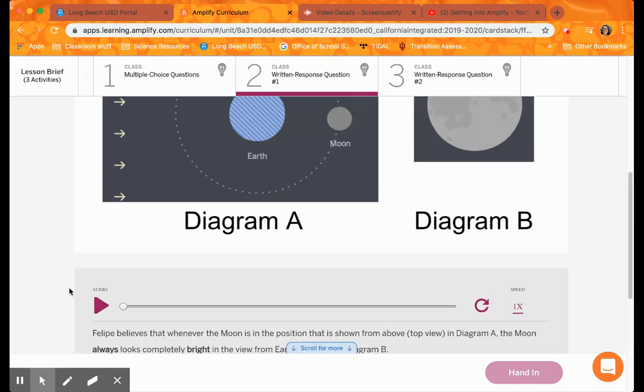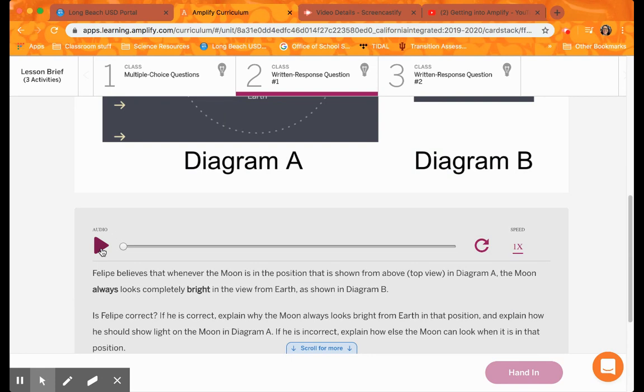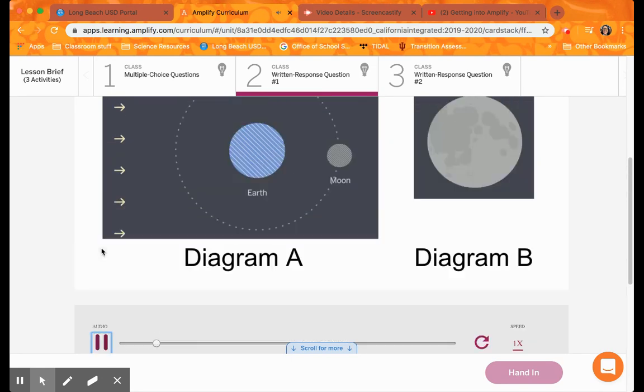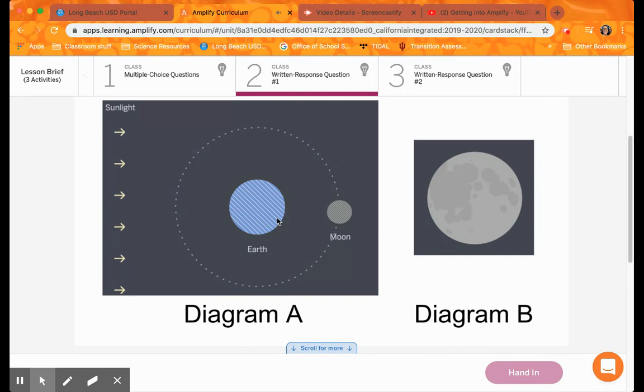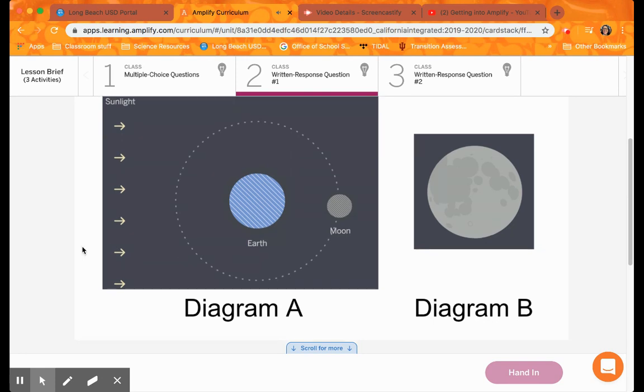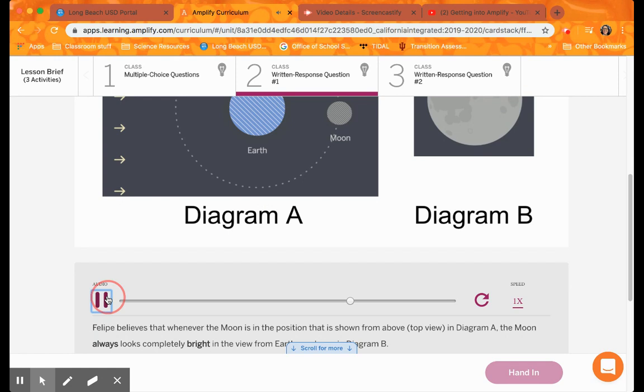So you're going to be putting yourself, so let's listen to this. Explain. Let's listen to the audio. Felipe believes that whenever the moon is in the position that is shown from above, top view, in diagram A, the moon always looks completely bright in the view from Earth, as shown in diagram B. Is Felipe correct? If he is correct, explain why the moon always looks bright from Earth in that position, and